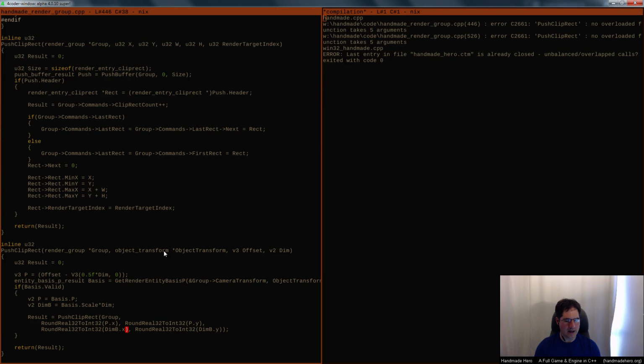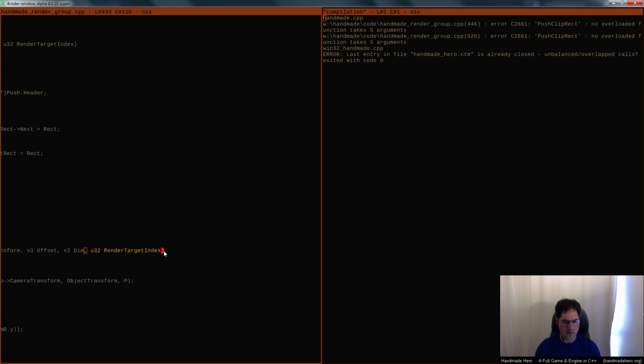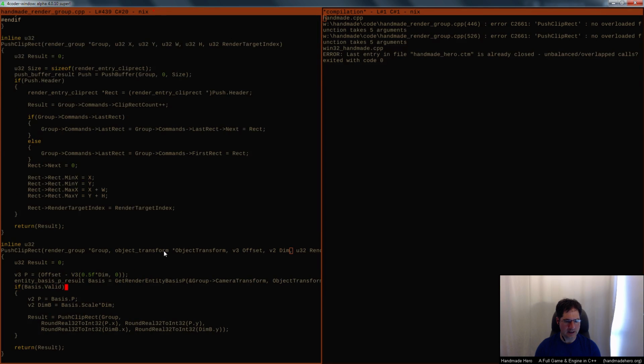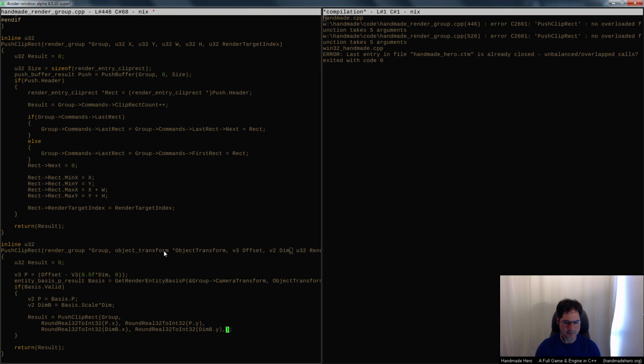And so now when we're actually putting clip rects in here, I should be able to specify multiple render targets. They just won't do anything, but I can specify them, right?